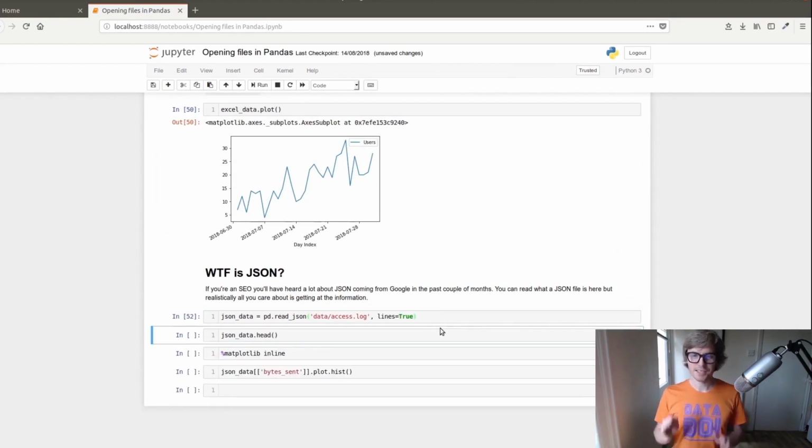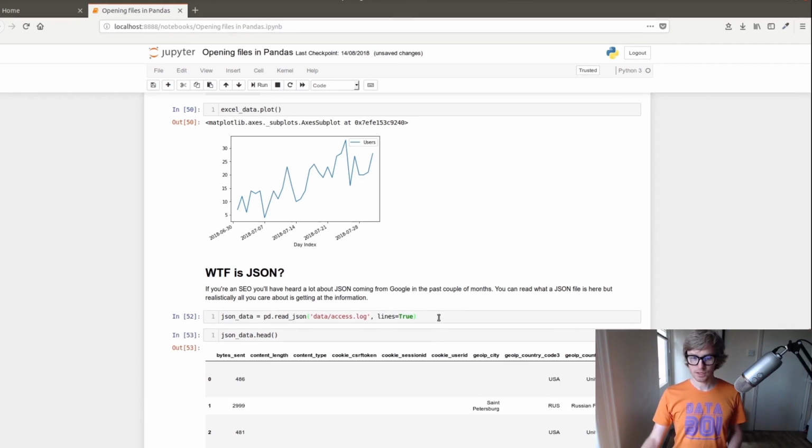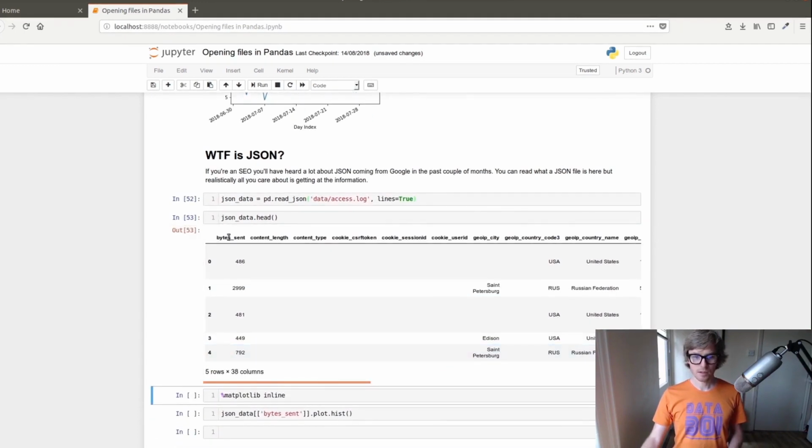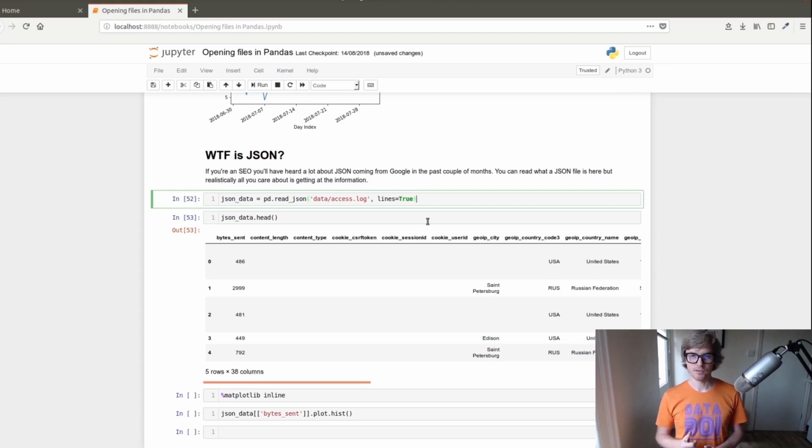It doesn't always work, but that's the whole point of getting the error, Googling it and finding your way to the answer. If we look at it, it's loaded it the way we wanted. Now the read JSON function doesn't work the same as CSV and Excel. It doesn't carry the skip lines, I don't think, like that does,